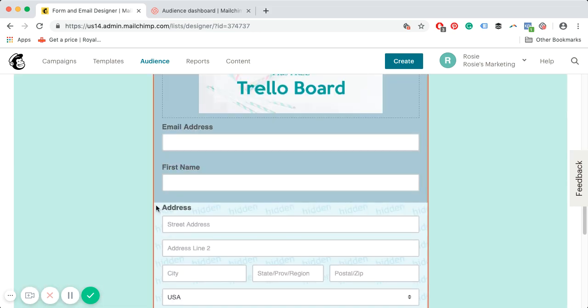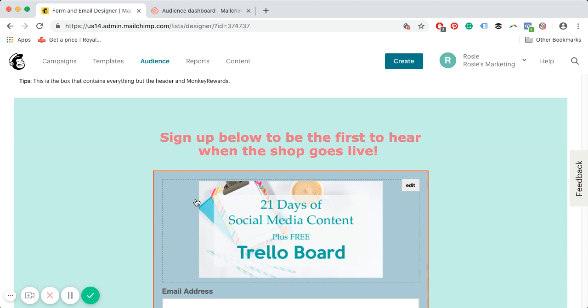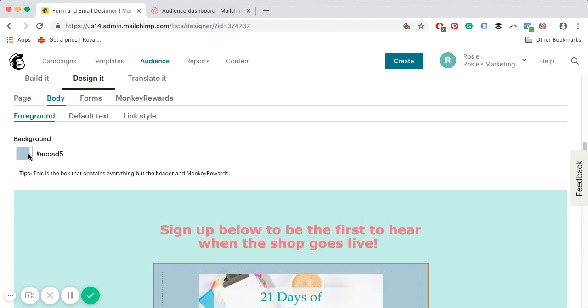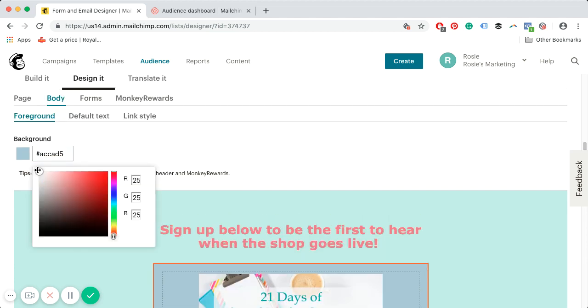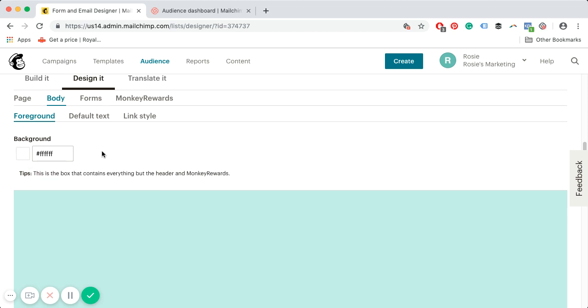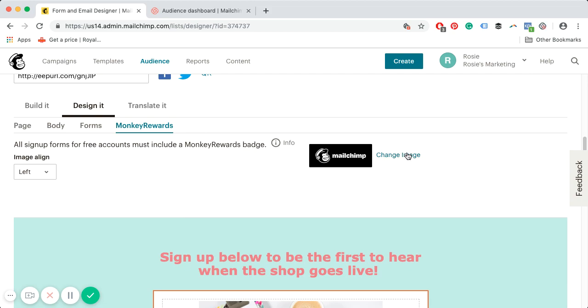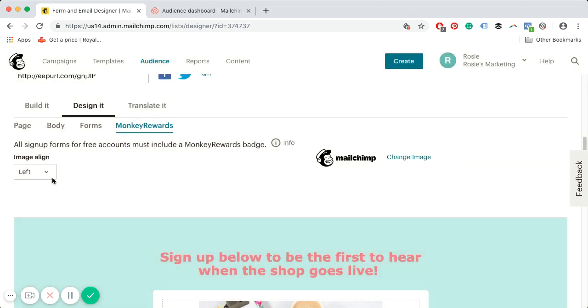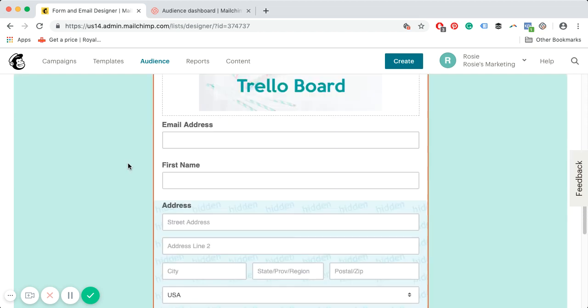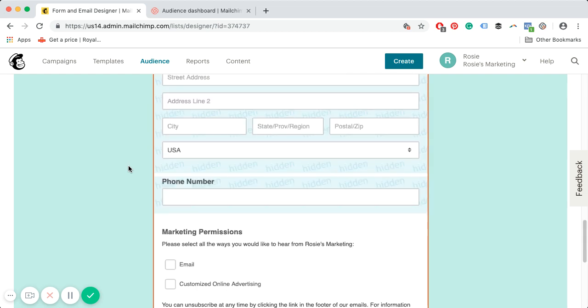That changes that to be totally on brand, but it might be a bit of an overkill. So you can just click inside and change it back to whatever you want. And then the next thing to do, you can change the monkey rewards. So you can make it simple, but you have to have it at the bottom so that they know who it is that they're signing up with. So yeah, it just gives you the option to change any of the